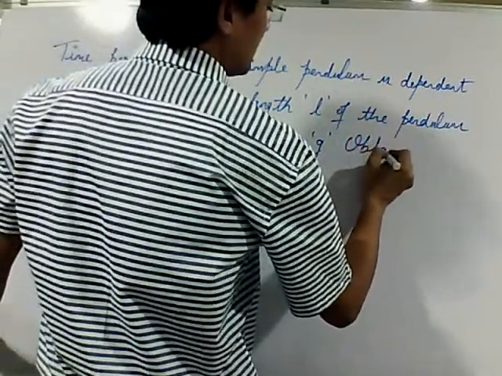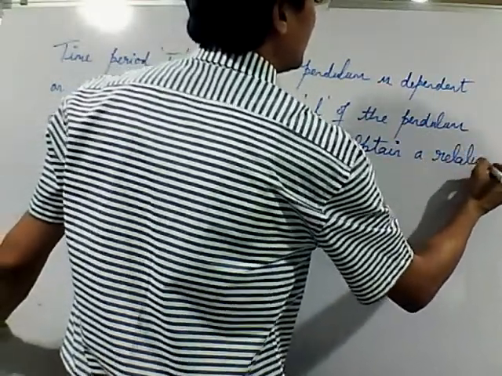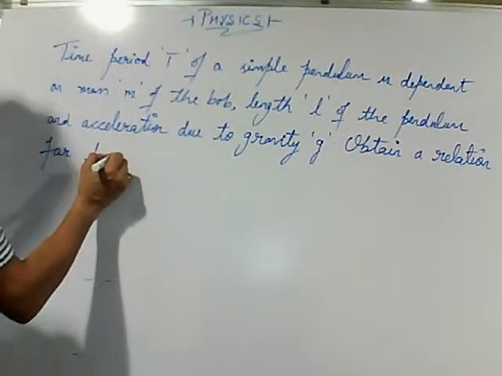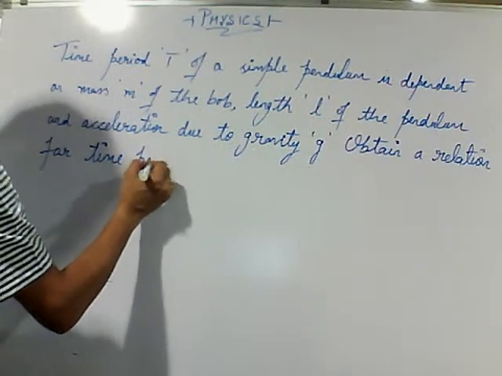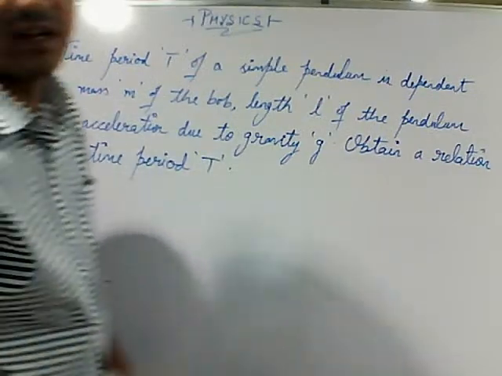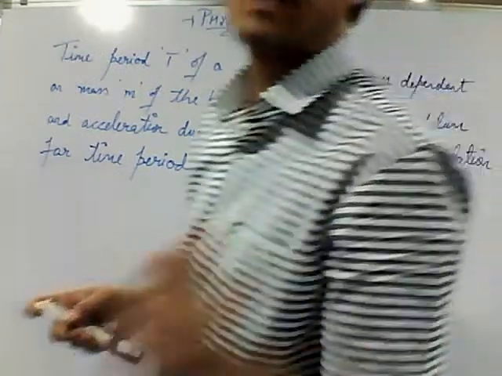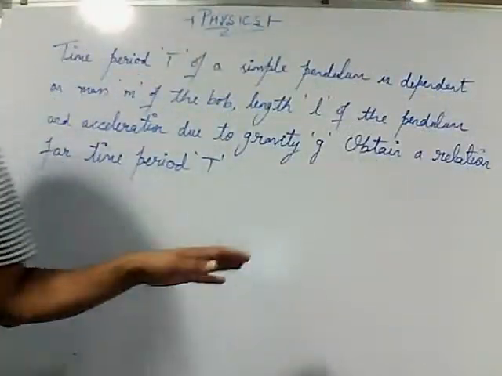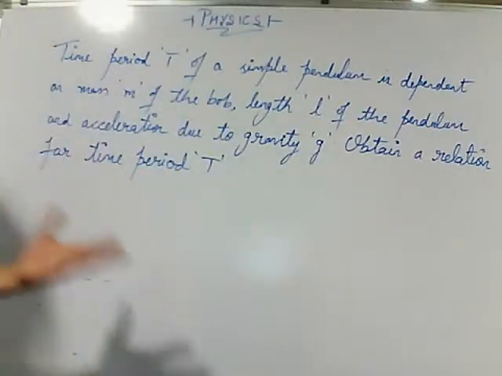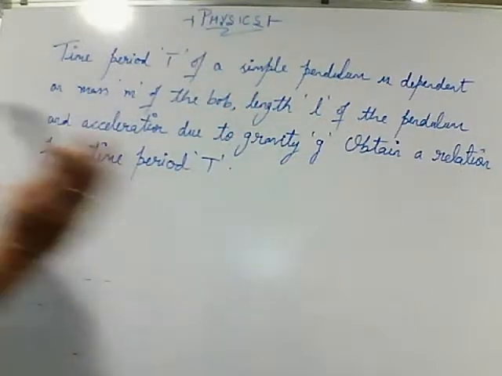Obtain a relation for time period T. This is a very simple question. This question has even been given in your NCERT. So it's a very simple question to understand how to obtain a relation amongst the physical quantities. So I'll read the question and then I'll rub it and show how to go ahead with problems